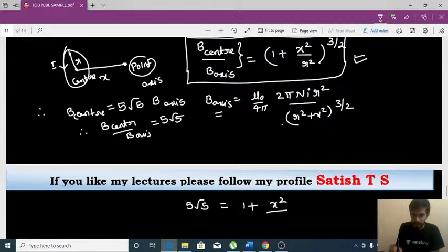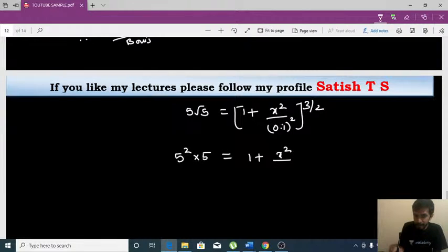Now everything is upon simplification. ಇವಾಗ ಎಲ್ಲರೂ ಕೂಡ simplification ಅನ್ನು ಮಾಡಬೇಕು. ಇವಾಗ ನೋಡಿ ಹೆಂಗೆ simplification ಮಾಡೋದು ಅಂದ್ರೆ, first try to square on both sides. I am making square on both sides: 5 square into 5, that must be equal to (1 plus x square divided by 0.1 square) whole to the power of 3 ಅಂತ ಉಳಿಯುತ್ತೆ ನಿಮಗೆ, because I am squaring on both sides, so that it will get 125 here. That must be equal to